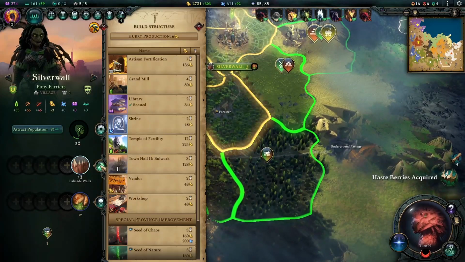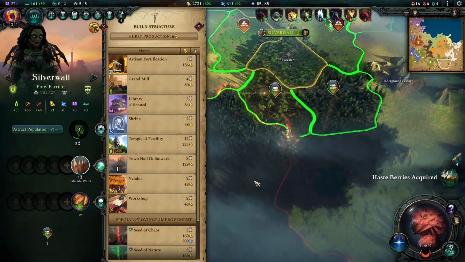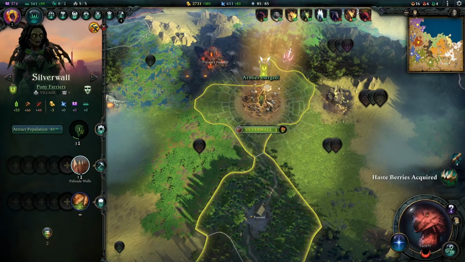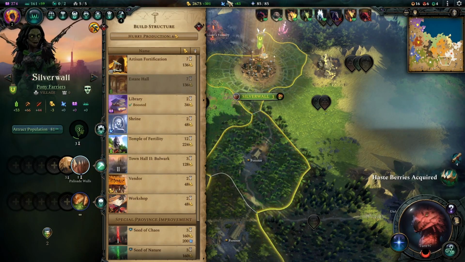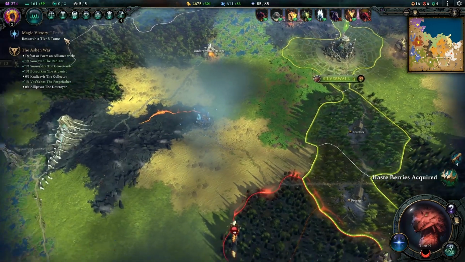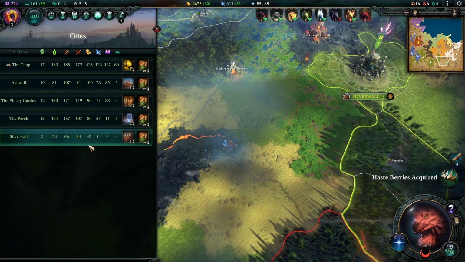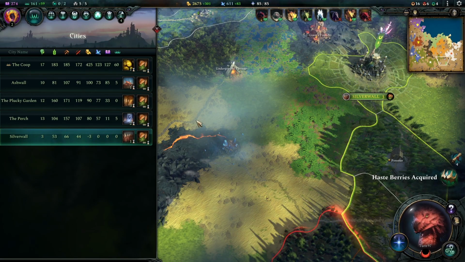Ooh. We can get another Forester to get the Grand Mill. Another puppy. So we can try to grow as fast as possible in food. City's actually costing me gold. That's funny. I can't believe that. That's so funny. The coop makes me a ton of money. These 3 are all about the same, and then Silverwall is still developing, so it makes nothing. It's got very little of every resource. Which makes sense, of course, but...